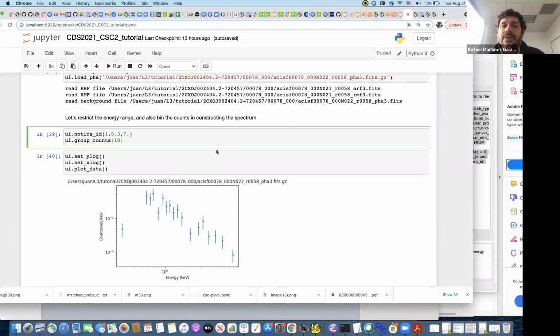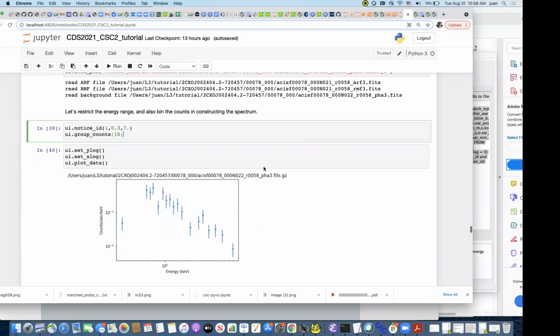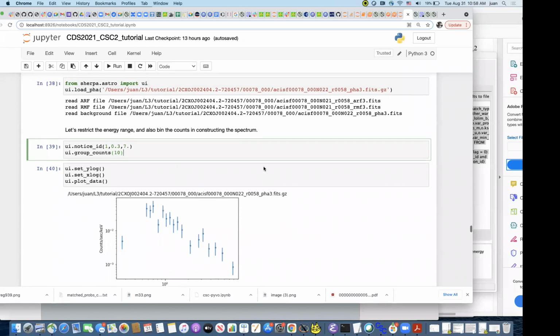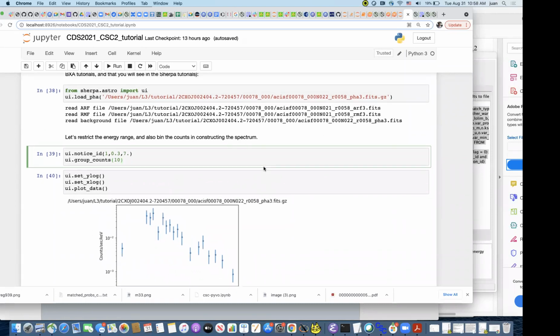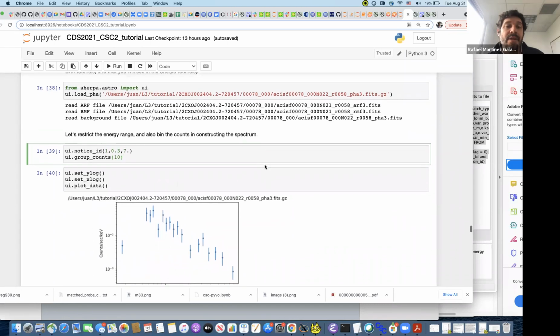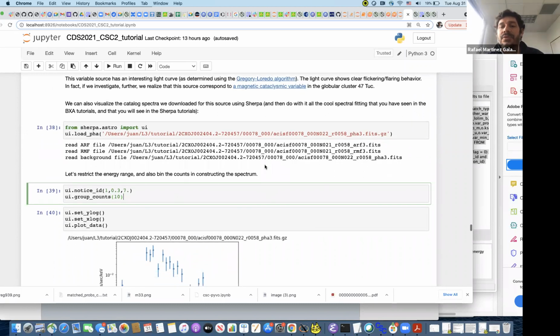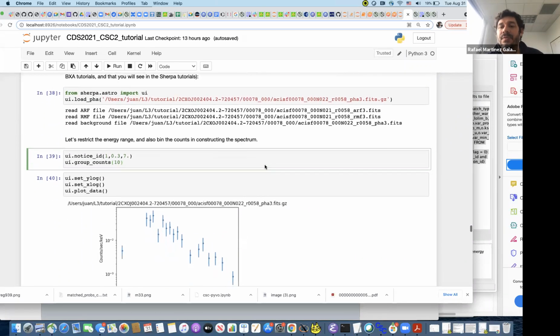I'm not sure I actually understand that question. You mean because the ARF and RMF files could be large, and yes, you end up getting all the OBS IDs, so you would have all these unnecessary files. The download would be quite large, I'd imagine. Right. Yeah, I mean, you probably want to make sure first